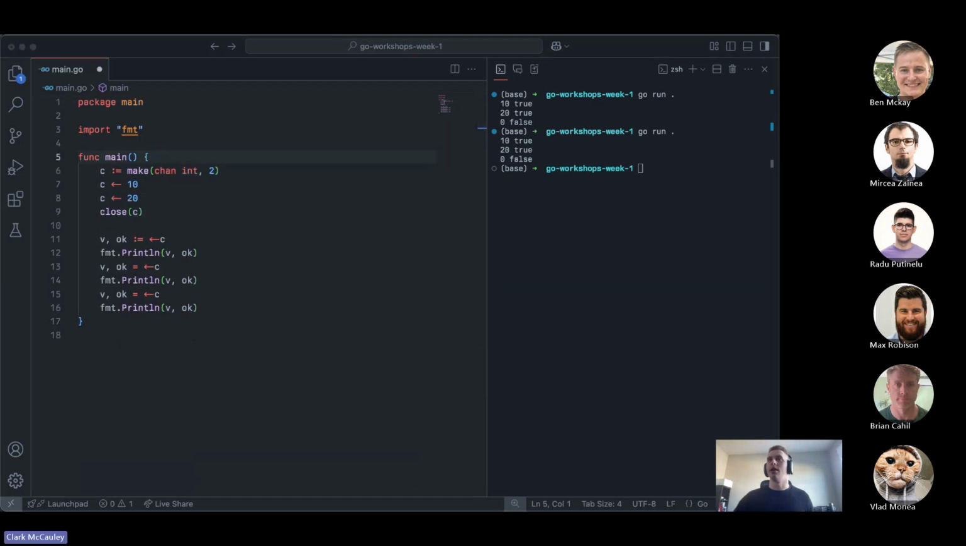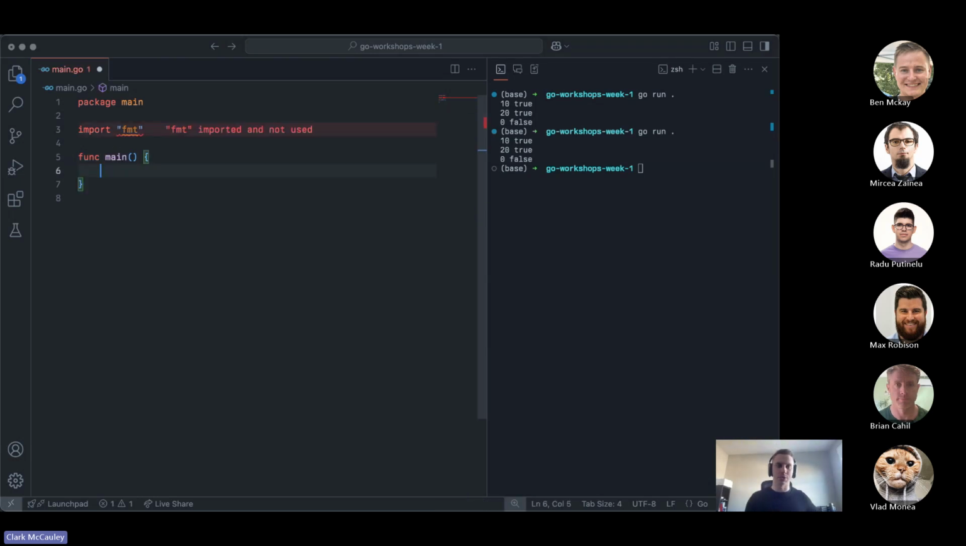Let's go ahead and look at another example of how to use channels. So we've talked about the for loop, talked about plain old sending and receiving. Now I want to talk about the select. And the select is very powerful. Let's illustrate this